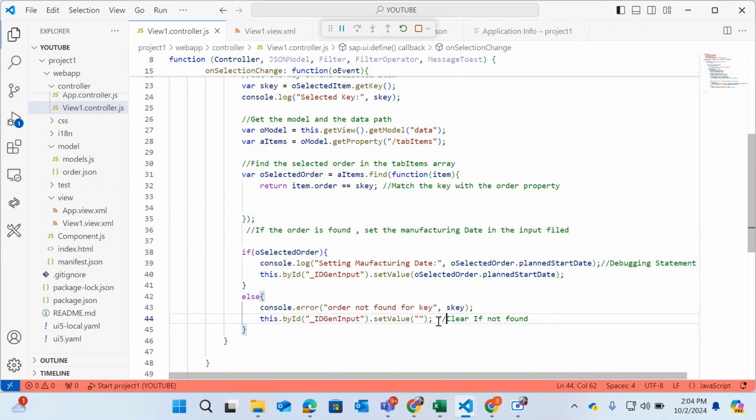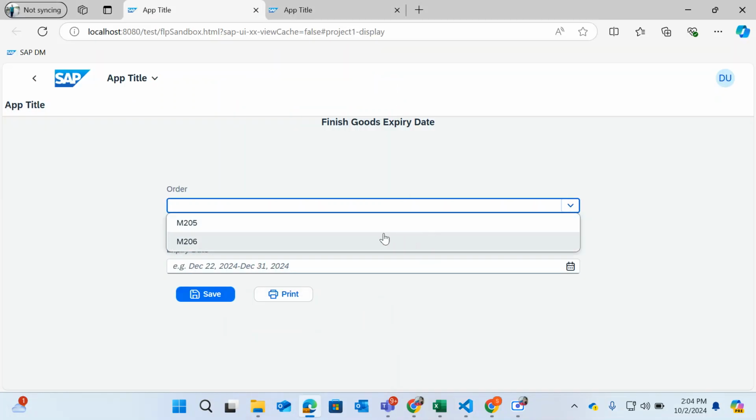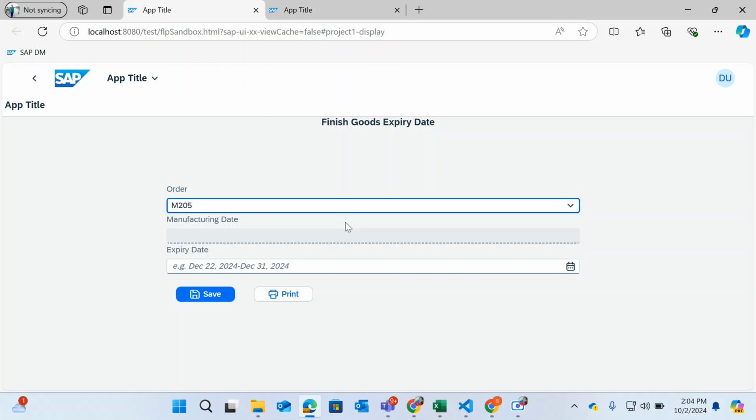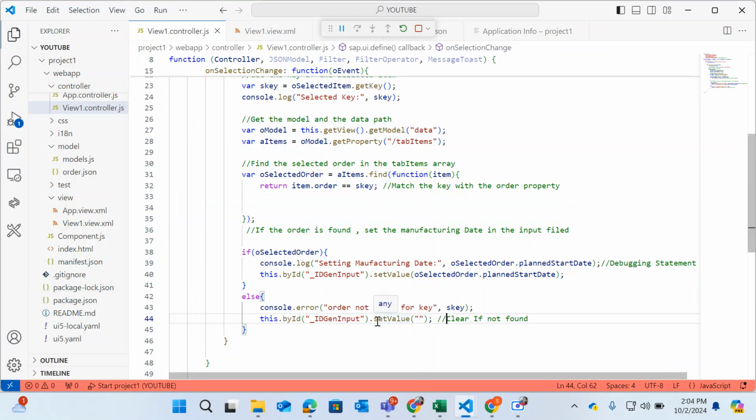If you select a manufacturing date, like 1205, but for that order number the manufacturing date is not available in your JSON structure, it will clear your input. So it will show order